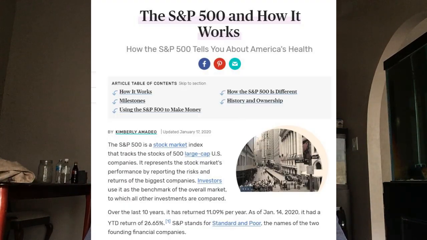Now this is based on the historic performance of the S&P 500 since its implementation, which has been about 8%. However, that's been increasing in recent history, especially with the technology and tech companies and software companies. So recently, specifically within the last 10 years, the S&P 500 has achieved an 11% return rate. And the good news is that the S&P 500 is not the only index fund that you can invest in, but it's one of many of these, and it's a really great tool for building your wealth and investing your money and getting the maximum return you can on that money.